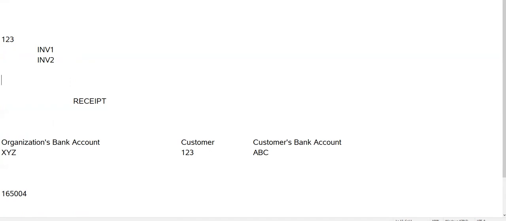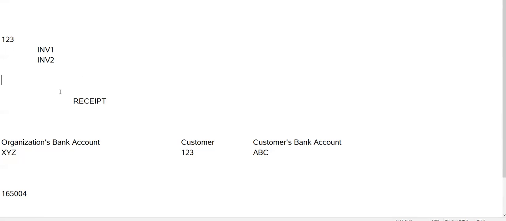Instead of the customer giving a check and transferring the amount to the organization, the customer says you get those amounts directly from my bank account. This kind of scenario happens when the customer and the organization have good trust between each other, like a very frequent customer. So the customer directly authorizes: you send me the invoice, but I will not be sending you the payment, rather you take it directly from my bank account.